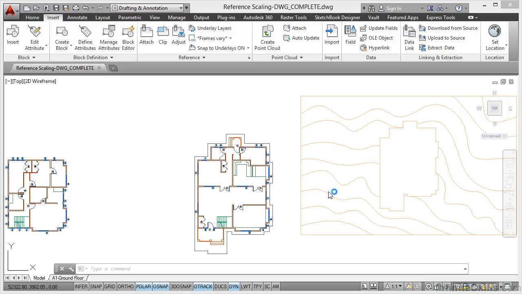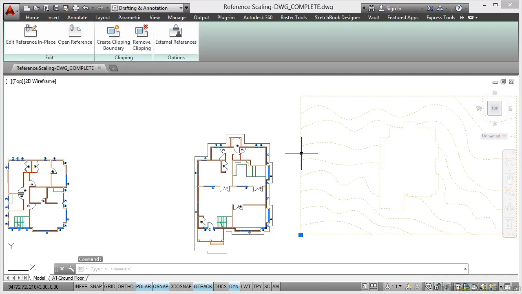Now the reason for that is somebody's probably inserted this at the wrong scale, and they've obviously inserted it in the wrong place. So what we need to do is move our XREF to a point of reference and then scale it. Now the good thing is we've got a corner there that we can use that can go down to a corner there. So what I do is I come into the drawing, I click on the reference file,